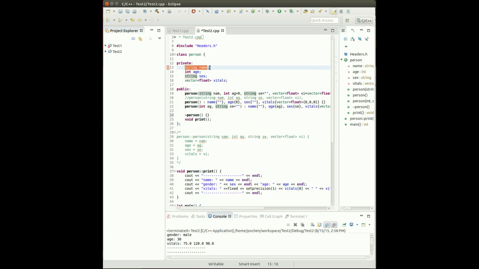The same is true for the string here. And then the age is just an integer. The integer knows how to destroy itself, so we don't have to do anything. We can just leave the body of the destructor empty. But what I would like to show you is when the destructor is called. So every time a destructor is called, I'm gonna display